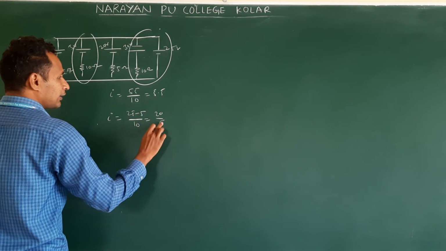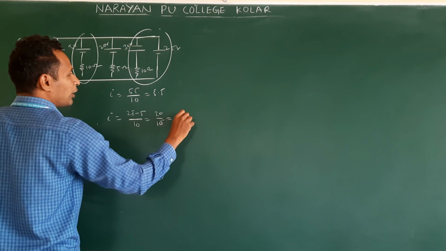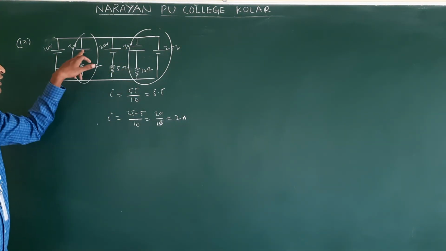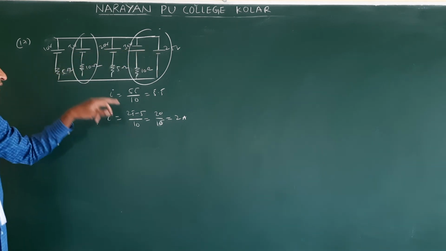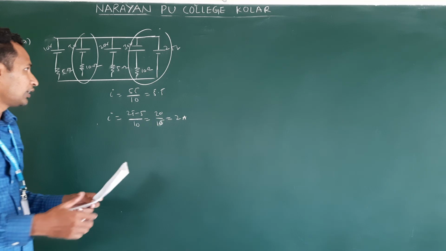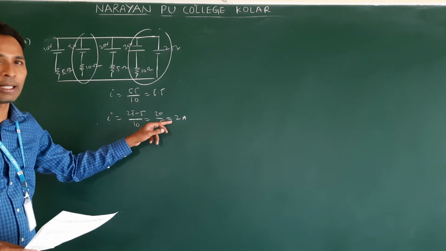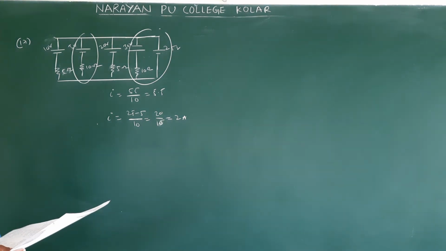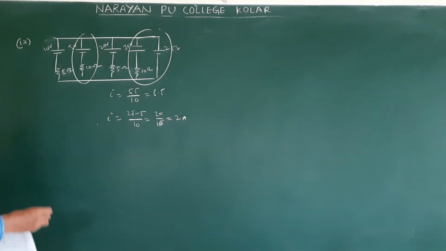Sorry, 20 by 10, what is that? 2 ampere. If they connect plus and minus, add. If they connect plus plus or minus minus, then subtract. So the option with currents 5.5 and 2 ampere is correct. Of course, the fourth is also correct. You can calculate power. Okay, we will give the marks. No problem. Next, 18.